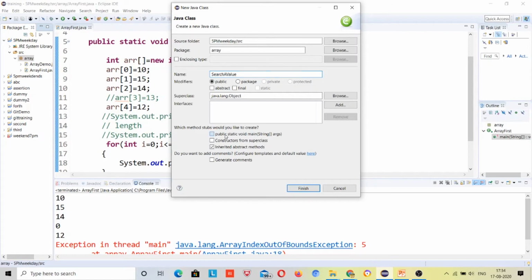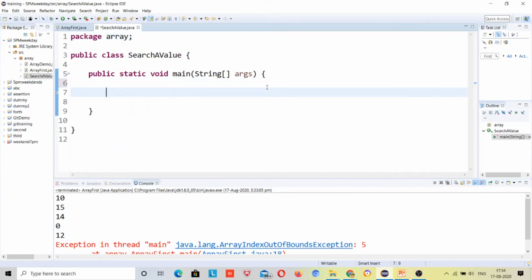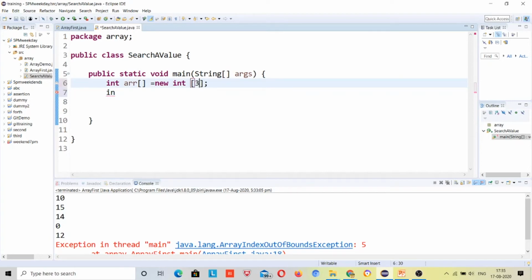Value. int arr is equal to new int 5. This time I'll assign values, suppose I declare only for size 3. int arr 0 is equal to 10,